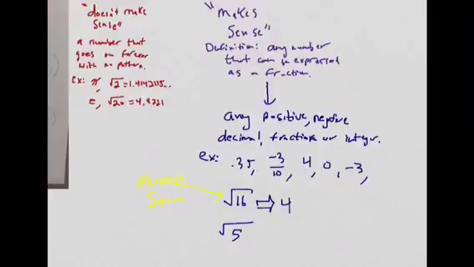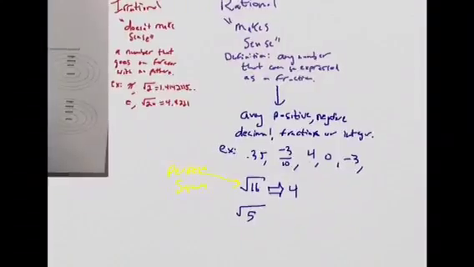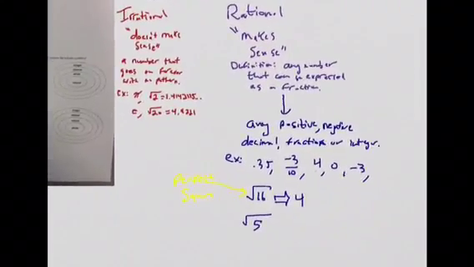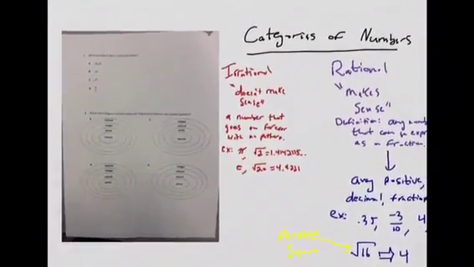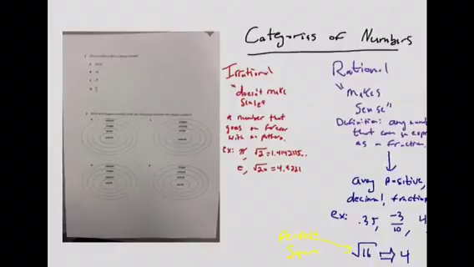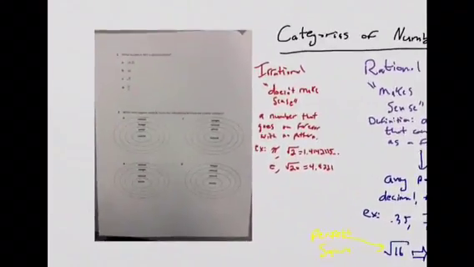Okay. So now that we've covered the difference between rational and irrational, I think that should help you with problem 1. And if I give you some more pointers, which number